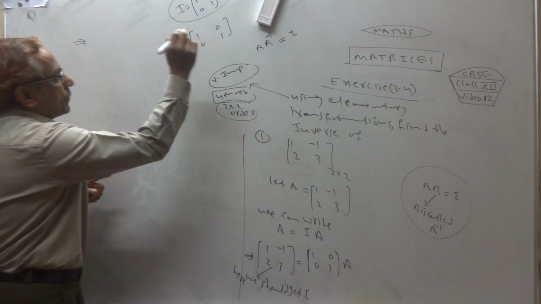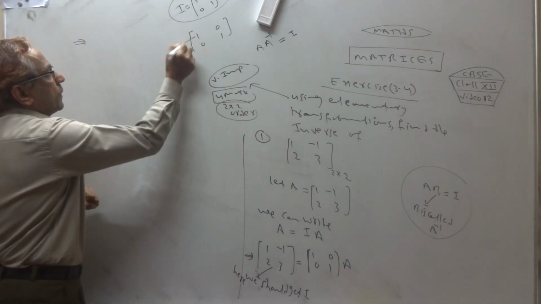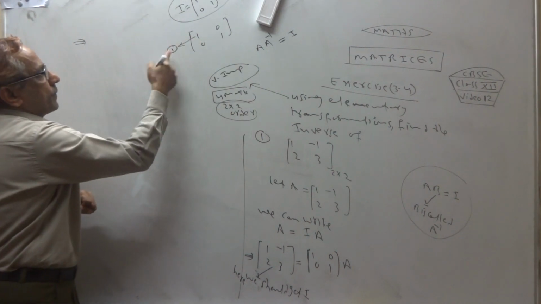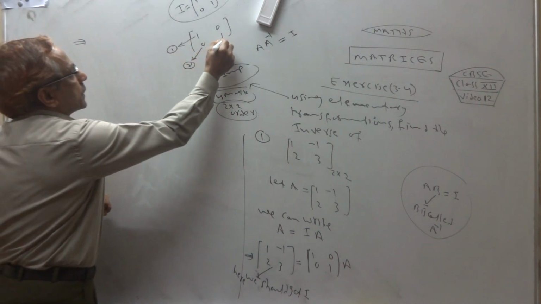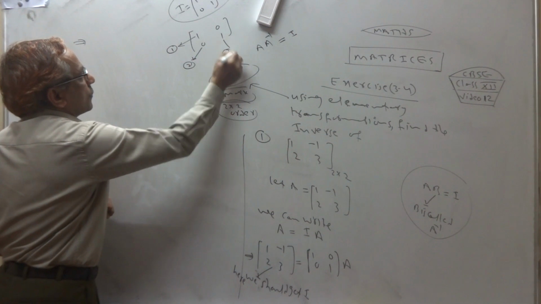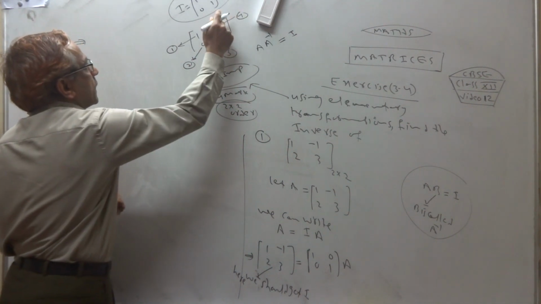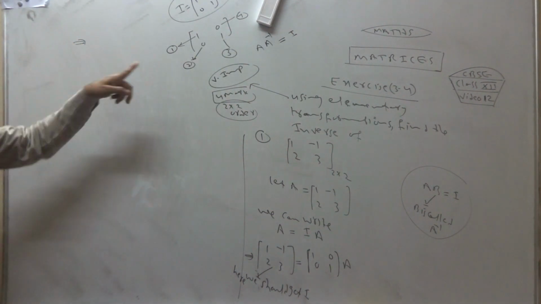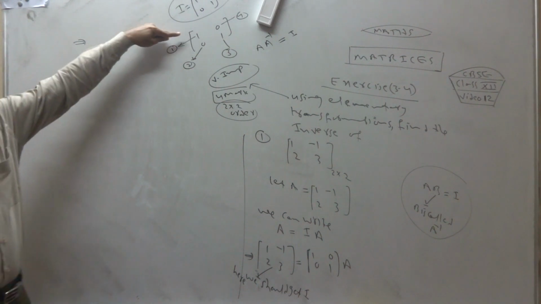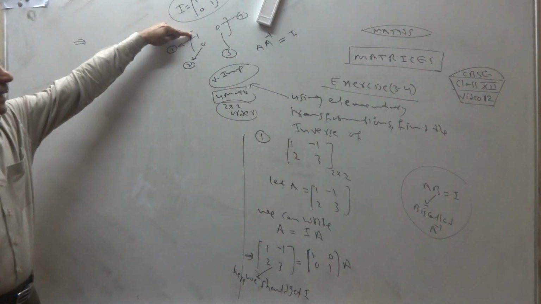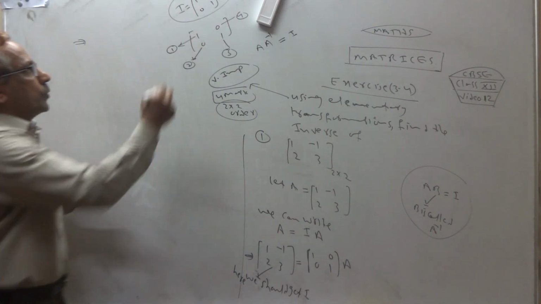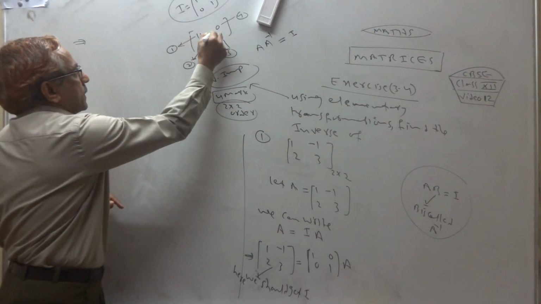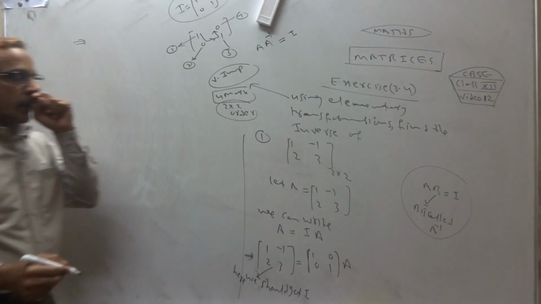First, in every sum, you make this 1. This is the first step. The second step, you make this 0. Third step, you make this 1. Fourth step, you make this 0. Like this. So in every sum you follow this technique. First you make 1, second you make 0, third you make it 1, fourth you make 0. So you go like this. Okay. So we start.